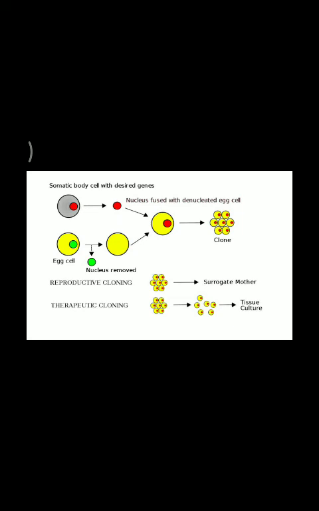Once we know a particular gene is responsible for a disorder, we can map that gene and clone it through somatic cell hybridization, and later on we can use this technique for the betterment of humans through therapeutic gene cloning. At the same time, somatic cell hybridization is also used at the embryo stage to insert desired genes into somatic cells, so that if we want to treat through gene therapy, we can minimize or remove defective genes.